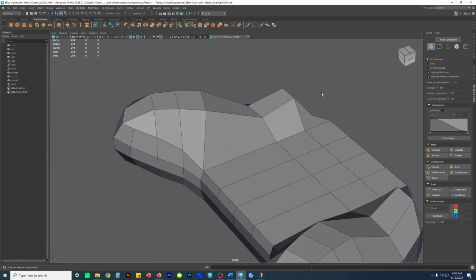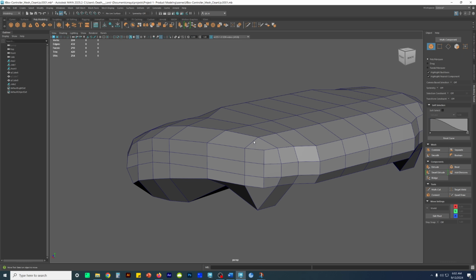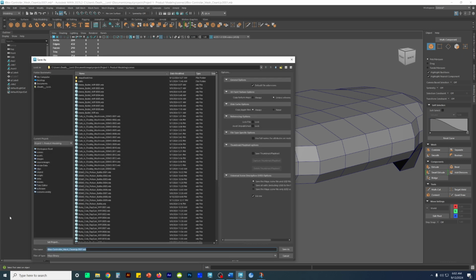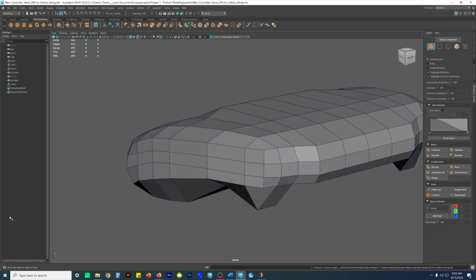You know what? I'm gonna save this file. Demo file. I'm gonna name it Xbox controller handoff to. Alright, so that was 35 minutes, and okay, so